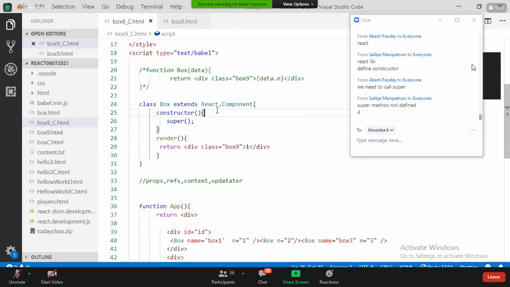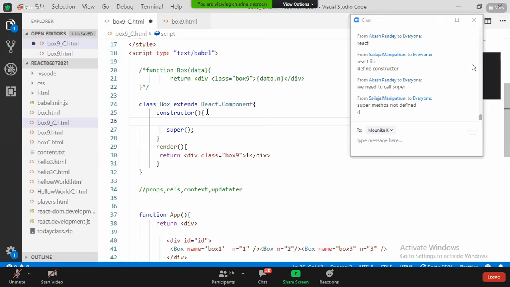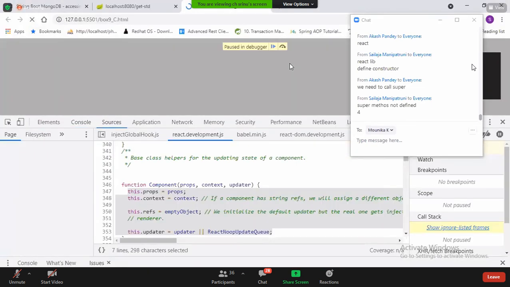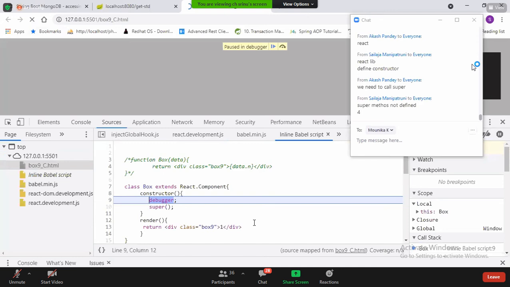Can I put the debugger here? Now can I refresh my page? Yes, my constructor called or not? Agreed, my constructor is called. Okay, my constructor called means